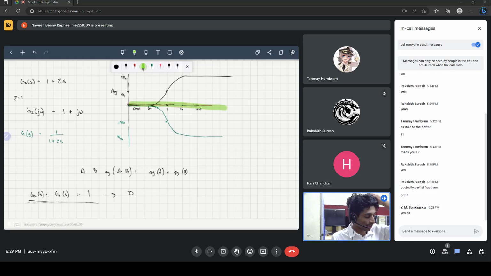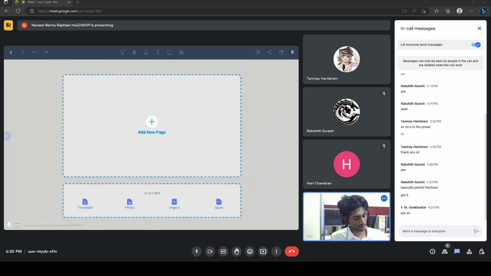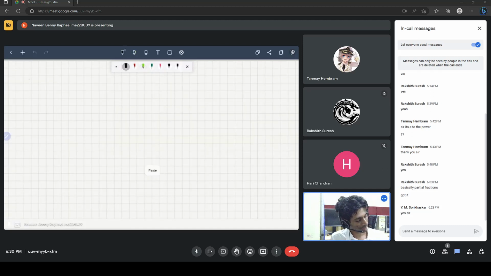So say there are multiple. So say you have a transfer function which is 1 by 1 plus 10s multiplied by 1 plus 20s. So the steps to solve these questions would be to first draw the Bode plots of 1 plus 10s, which in this case will be